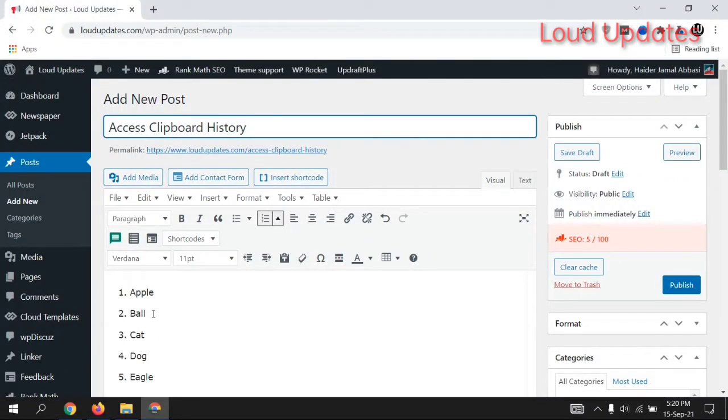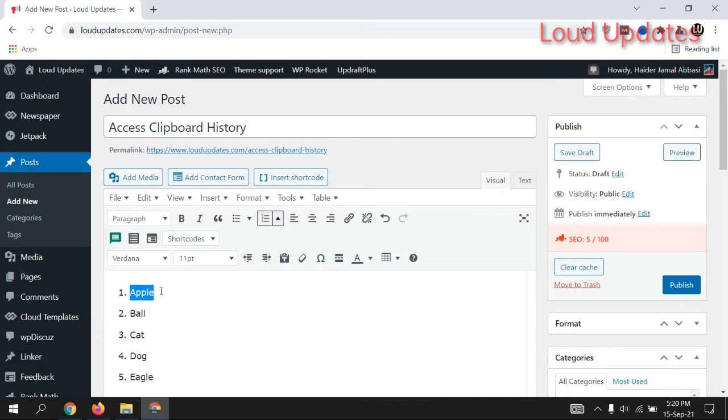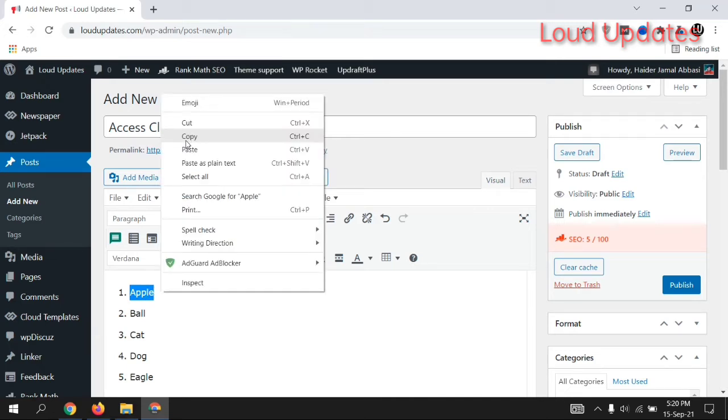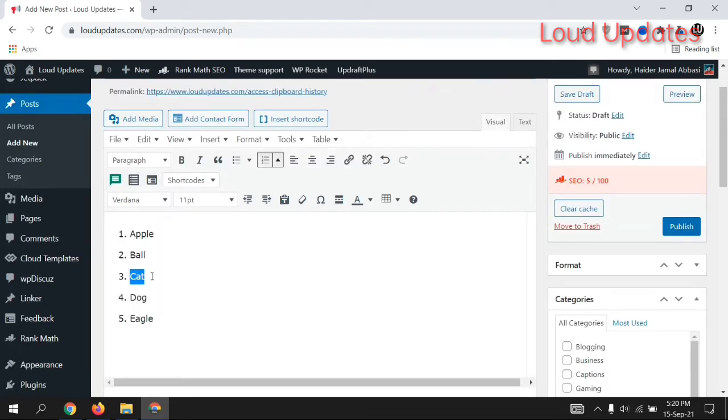Access clipboard history. Do you want to access clipboard history on your computer? Here you can see I have 5 words. I copy apple, then I copy ball, and then I copy cat. So I copy 3 words, so I cannot paste every single word